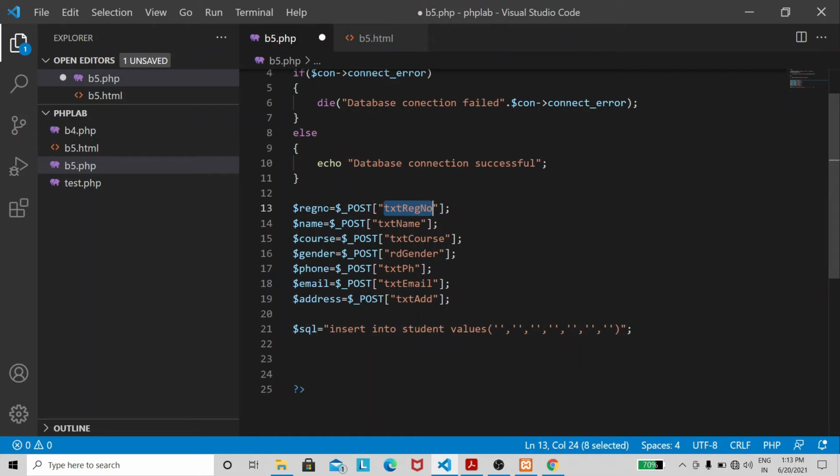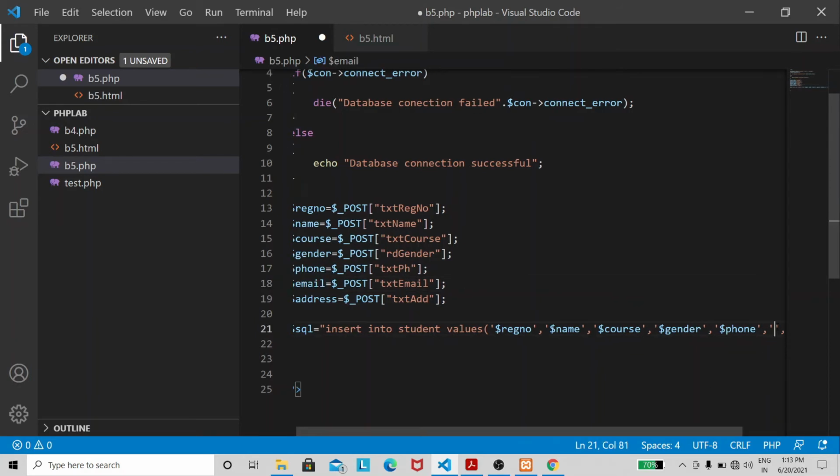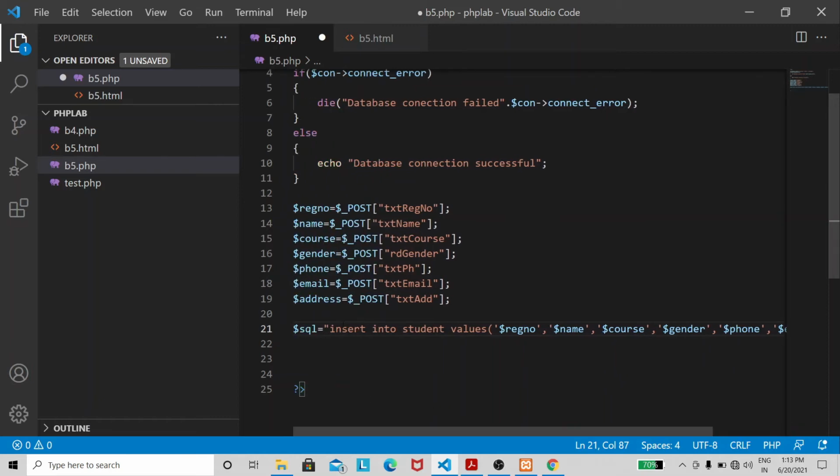Register number, next we have name, course, gender, phone, and then email, and then address.